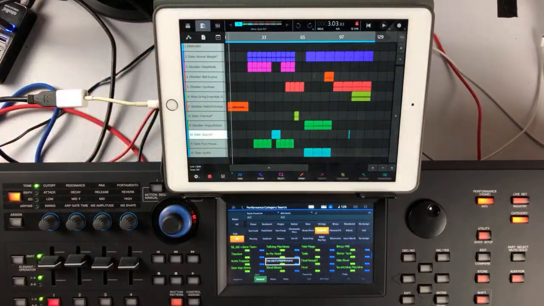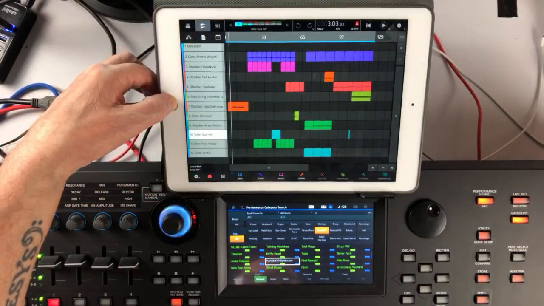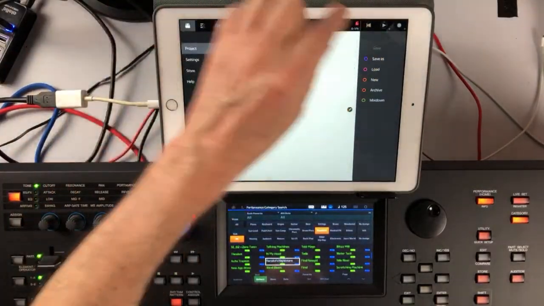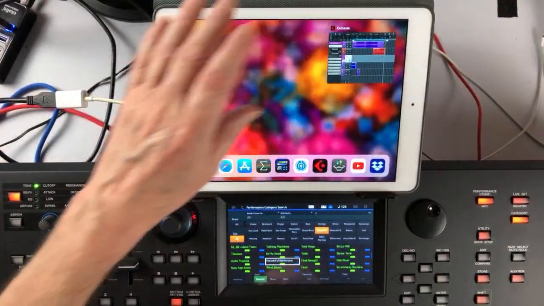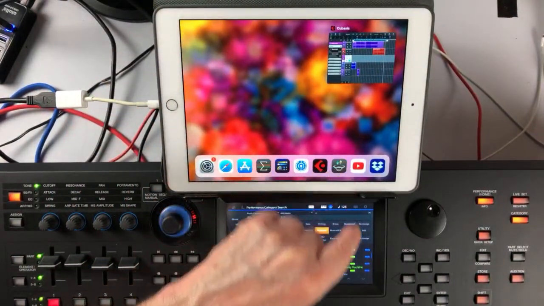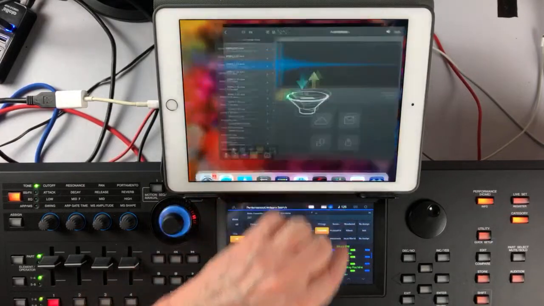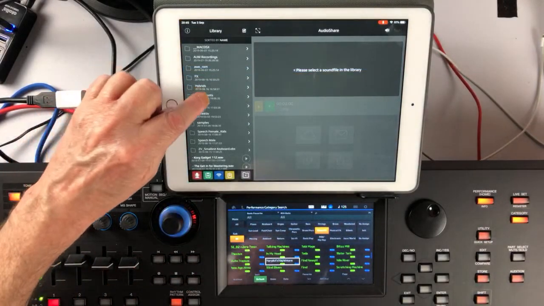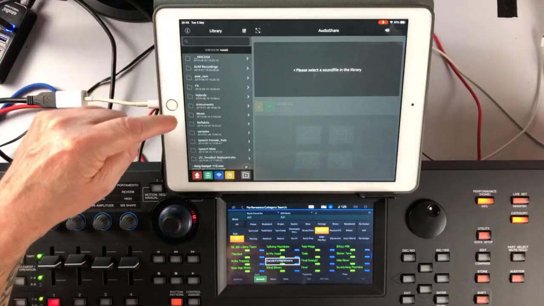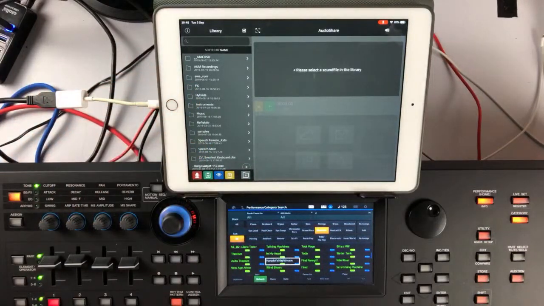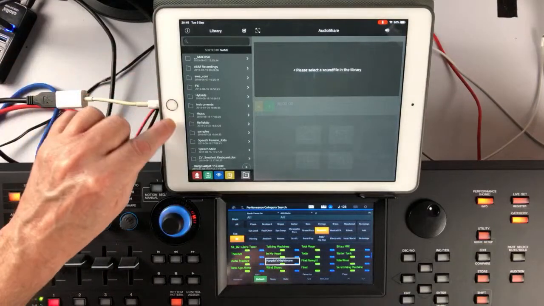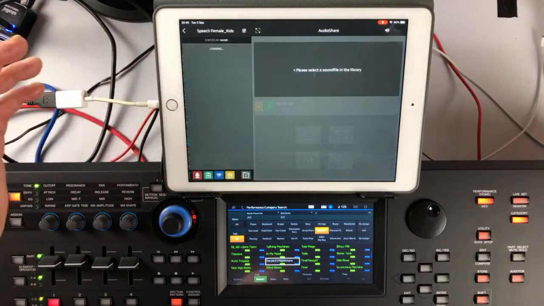So yeah, you go and check it out, because it's truly awesome stuff. It's great fun just playing the packs. I don't know how many thousands there are. There's thousands in Audio Share here. There are some here that say effects, hybrids, speech, female, kids. He's just released a kids pack for NS2, which I'm going to demo. I think it's only $2.99, but it's all these little kids, and you can do some really weird stuff, like strange ambient textures and things. It's mad, it is. But anyway, you could go into speech female or speech kids, and you've got